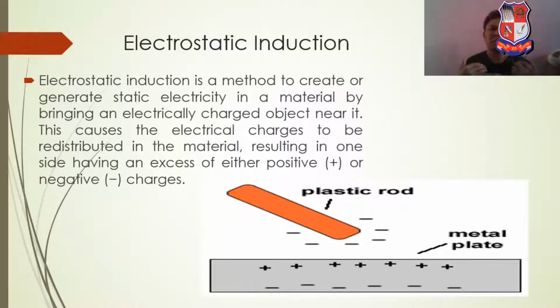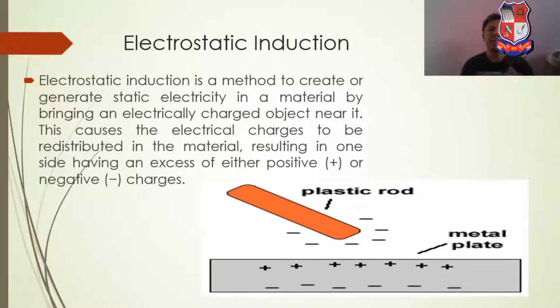There are many methods to produce electrostatic induction, but another method that we do in our school life: suppose you have a piece of cotton and you rub that cotton on a plastic. When you bring your hand or a piece of paper nearer to that place, the piece of paper or your hair will be attracted to that place. Your hair will stand up.